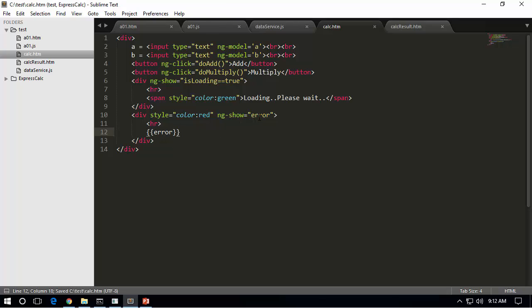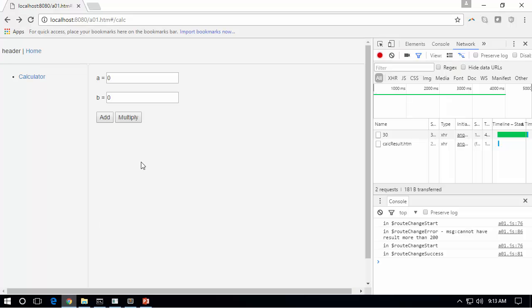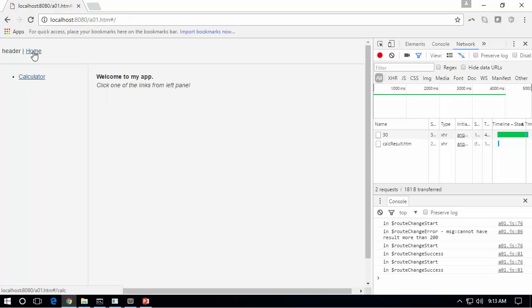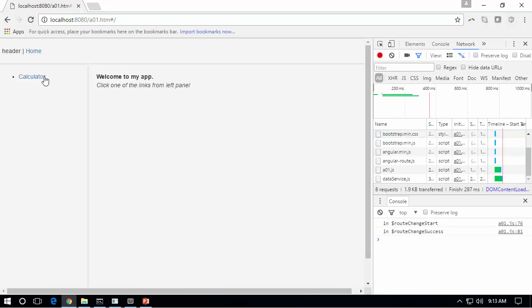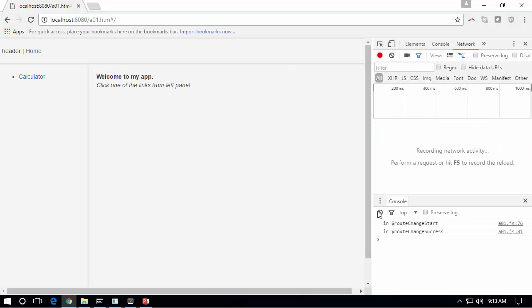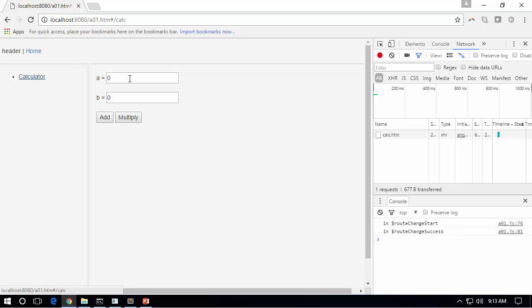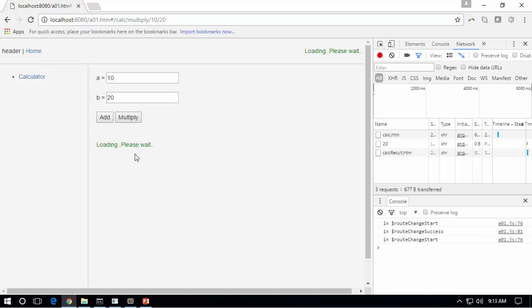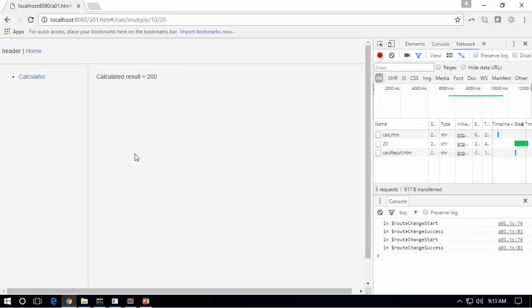So this error is the member which is expected in the current scope, and if it is not in the current scope, it goes all the way to the root scope and checks if it is there, and if it is there, it actually pulls the message out. So let us see if I can get the message properly. So let me refresh this whole thing, and let me clear all of this stuff and click on calculator. Now I get 20 and click multiply, and now you are going to see loading first, and if there is an error, so